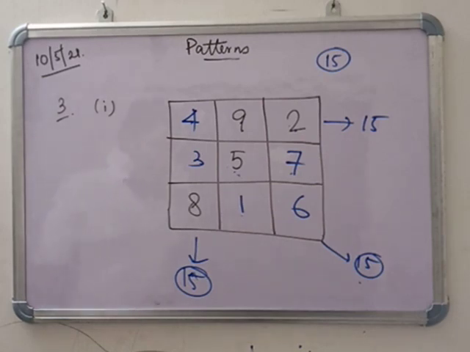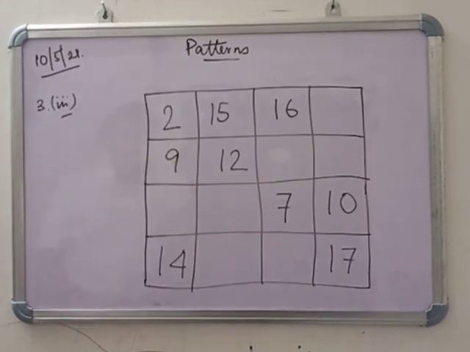Now, next one, number 3. In 3 and 3, a 4 into 4 magic square is given, with 16 boxes. Now someone is asking, sir, how will you know that you have to add up to 15 or 20? Some problems are like that, you have to choose, or in some problems a hint is there, and you have to find the hints. In this question, a hint is given, that means some rows, columns and diagonals are given. In the diagonals, all the numbers are there.